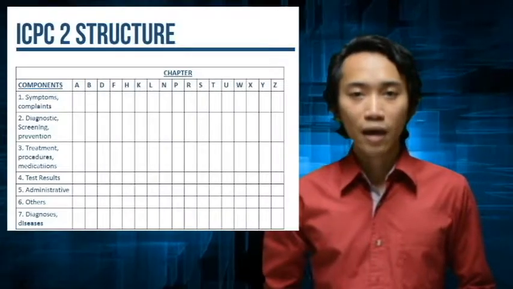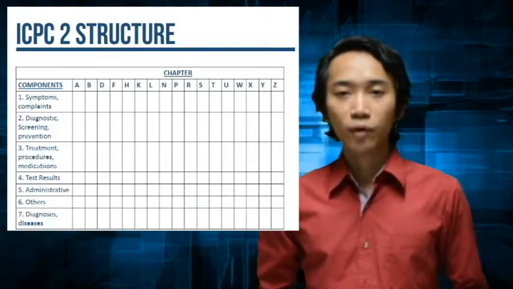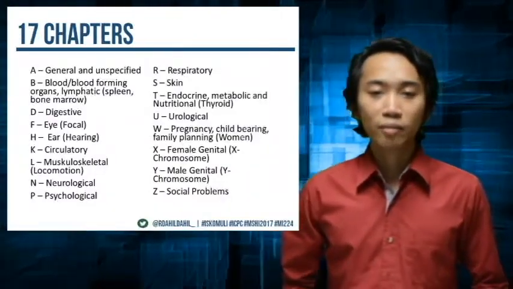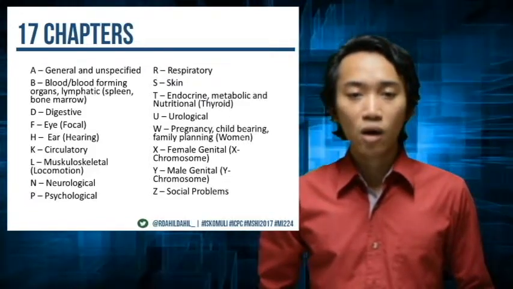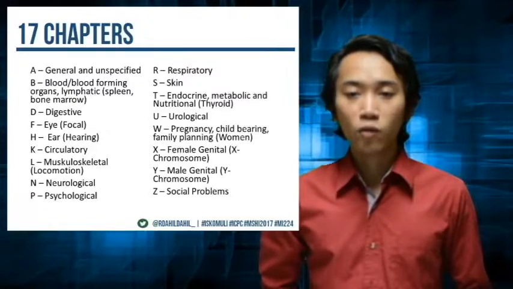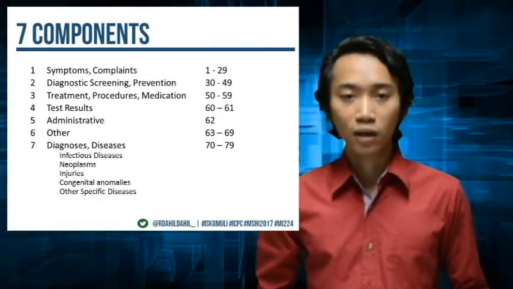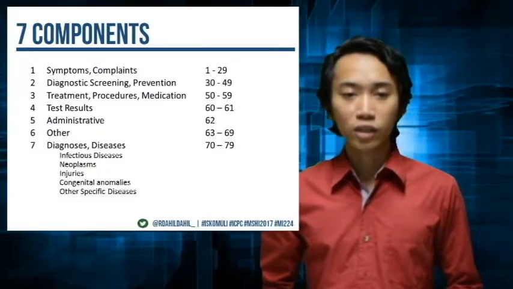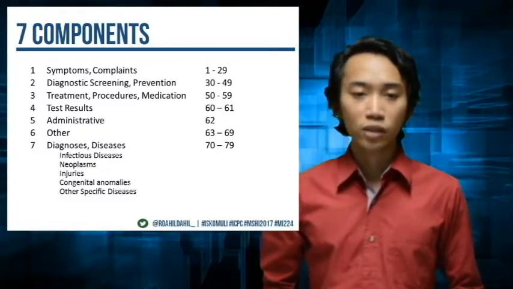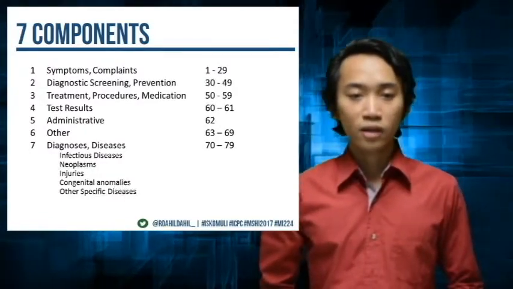ICPC is based on a biaxial structure with 17 chapters on one axis and 7 components on the other. The 17 chapters are based on the systems of the human body with 2 additional chapters, one for psychological problems and one for social problems. The 7 components are symptoms and complaints, diagnostic, screening or prevention, treatment procedure and medications, test results, administrative, others, and